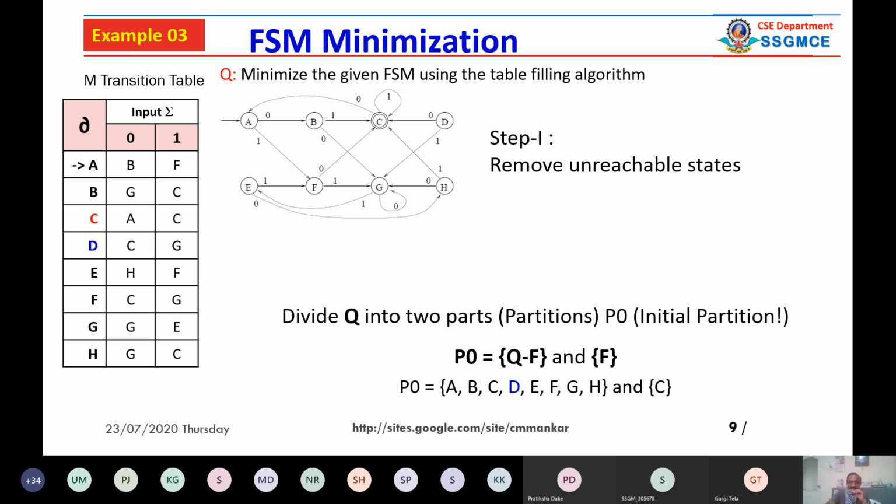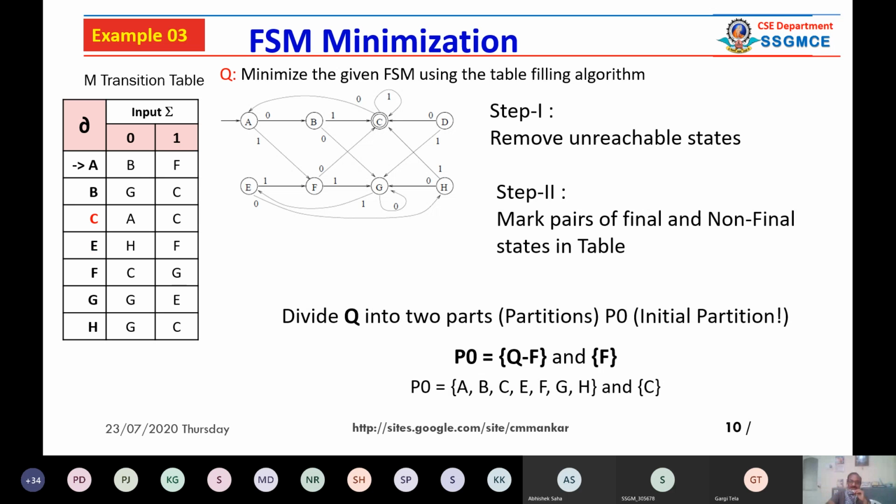So what we do, here in green color D is there. We have to remove that D from partition 0. So here I have marked D. D is unreachable because from D outgoing arrows are there, but there is no incoming arrow to D. That's why it is unreachable. It is very simple. So we are removing D like this from the set. Please note that ये P0 में C extra आ गया है, इसको आप निकाल लो. So the first step is to remove the unreachable states.